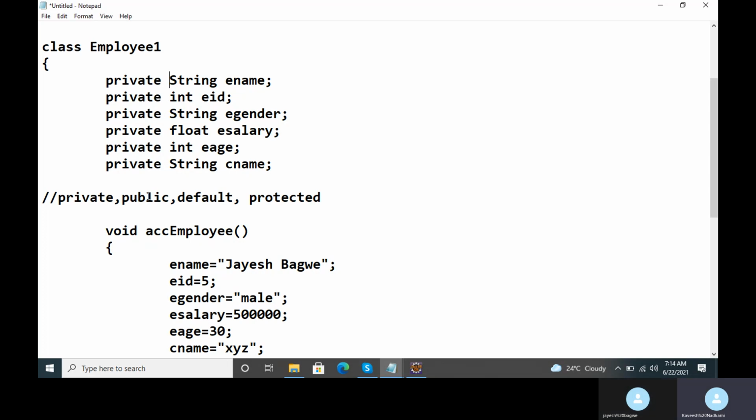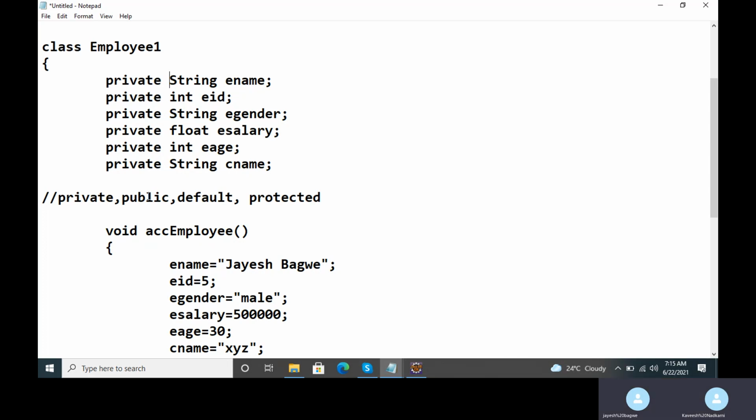Private access modifier means that when you declare the data members of the class as private, then those data members can only be accessed within the class, that is, inside the class definition. What is meant by that?